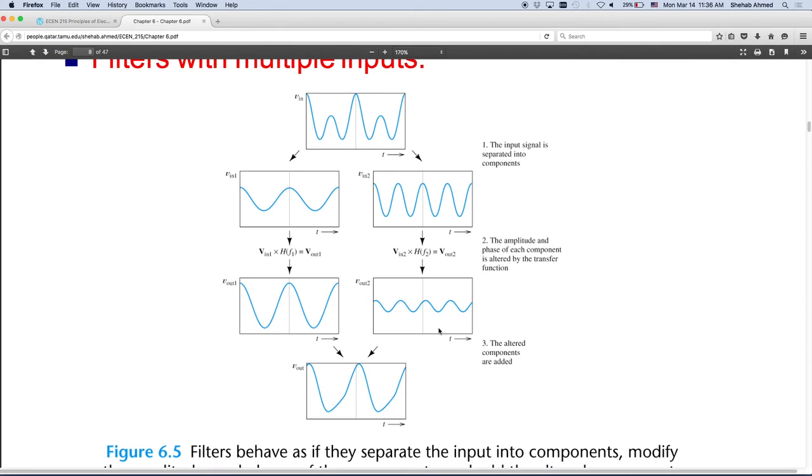But what happened to its phase? Look at the peak. This line here is at the peak of this signal. How about this line here? Is it at the peak of the signal? No, it's actually advanced a little bit. Right? So the phase of this high frequency signal actually advanced a little bit versus the input. And the magnitude was suppressed. And here, for the low frequency content, the magnitude was amplified, and the phase did not change. Right? So I can sort of draw